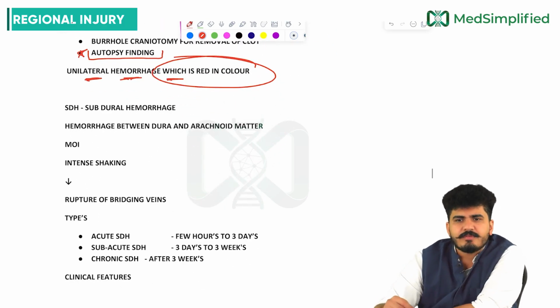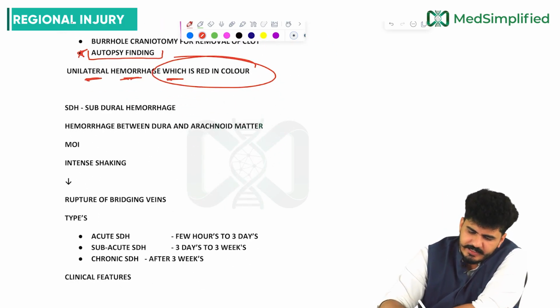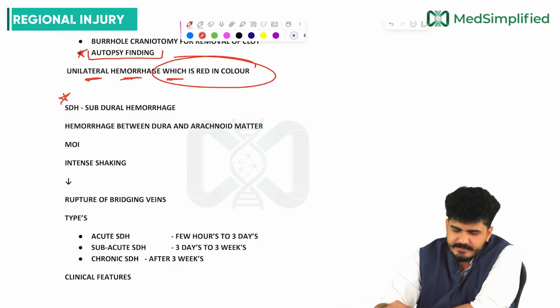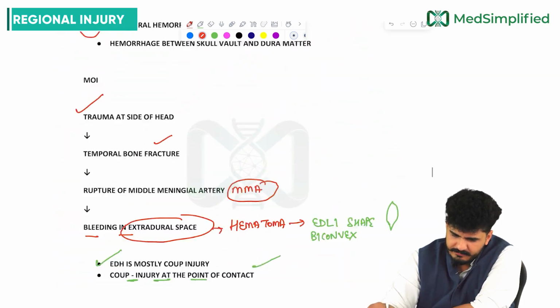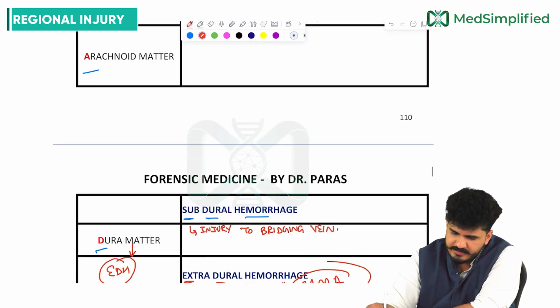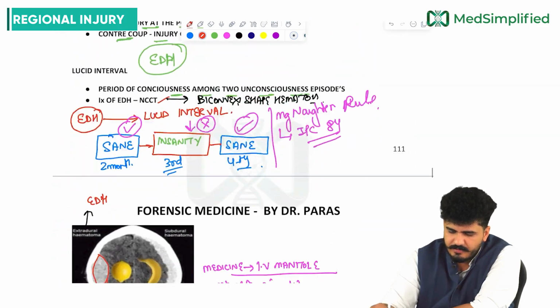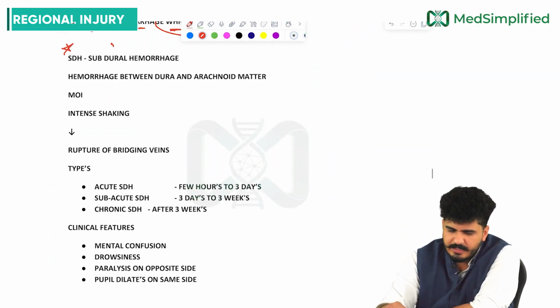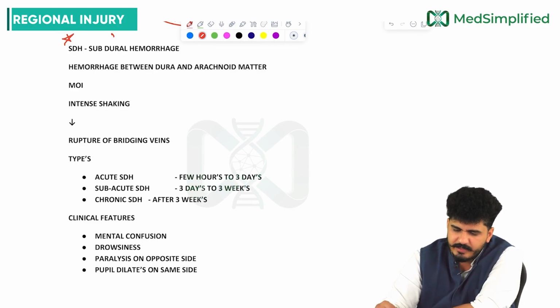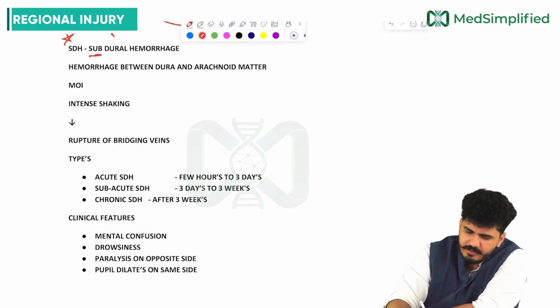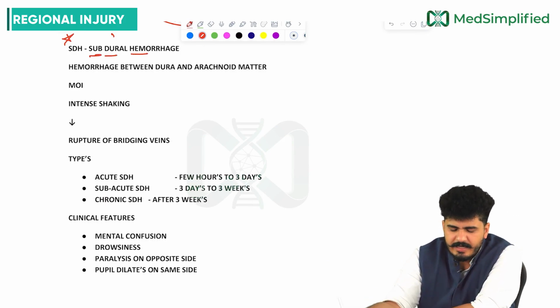Next type of hemorrhage which we are going to discuss right here, sir, is SDH. SDH is subdural hemorrhage. If you see the hemorrhage happening right here, subdural hemorrhage happens between the arachnoid mater and the dura mater. The hemorrhage happening between the arachnoid mater and the dura mater, my dear friends, is a subdural hemorrhage. And remember,